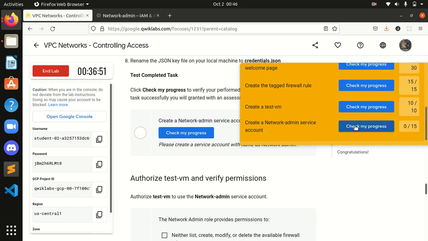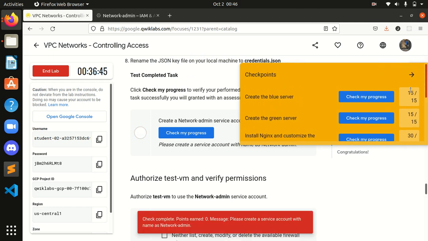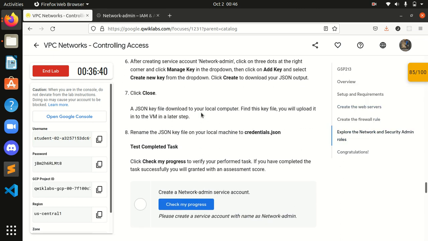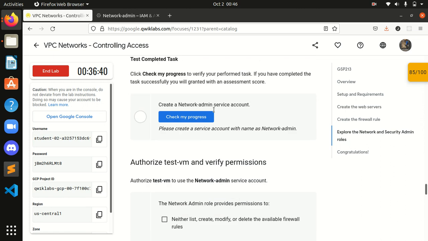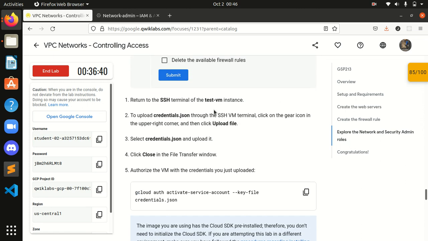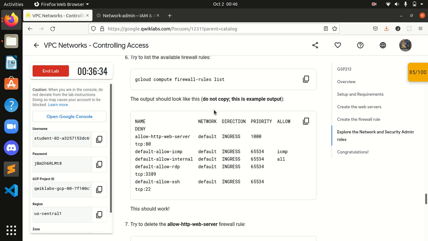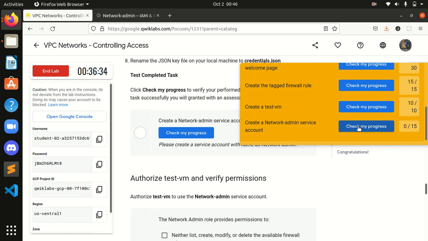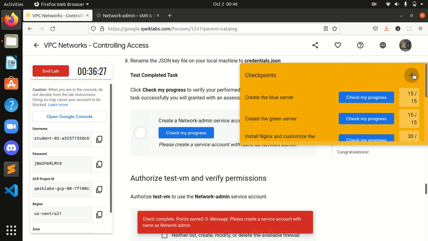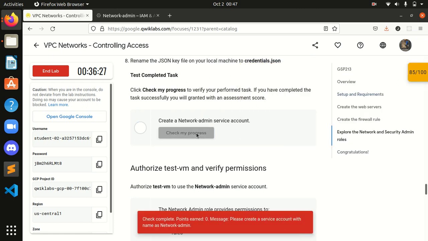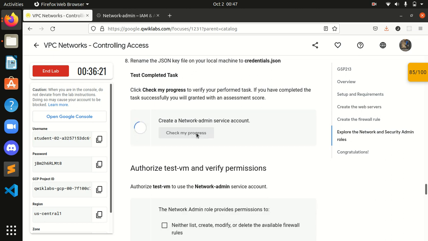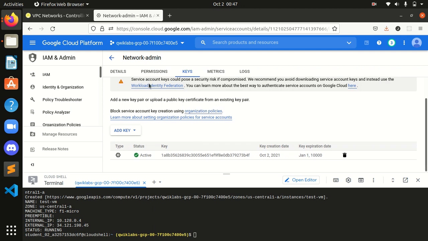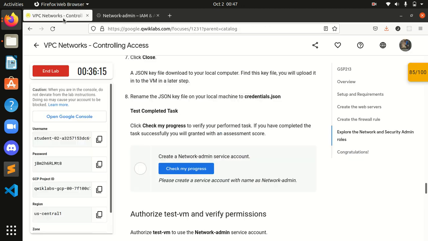Okay guys, let's wait. Okay, I have created it. I think I have created it, but it's not showing. So guys, I've created a network admin.